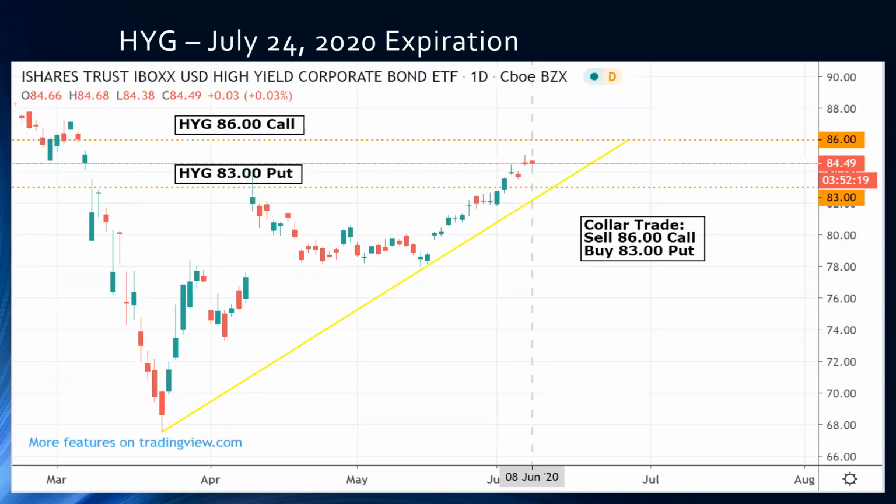Let's see, another question. Should you be worried about the sell call being assigned if it goes above the call sell strike price? No, absolutely not. And remember that the reason that you're putting on this trade is you like the ETF. However, if the market rallies above the call strike price and you get exercised, that means that you're making money off of the rally. The only thing you're losing is the debit that you paid for your option. So you can always buy the ETF again. I always tell people, you don't want to let a winner turn into a loser. That's one of the reasons why you do strategies like this.